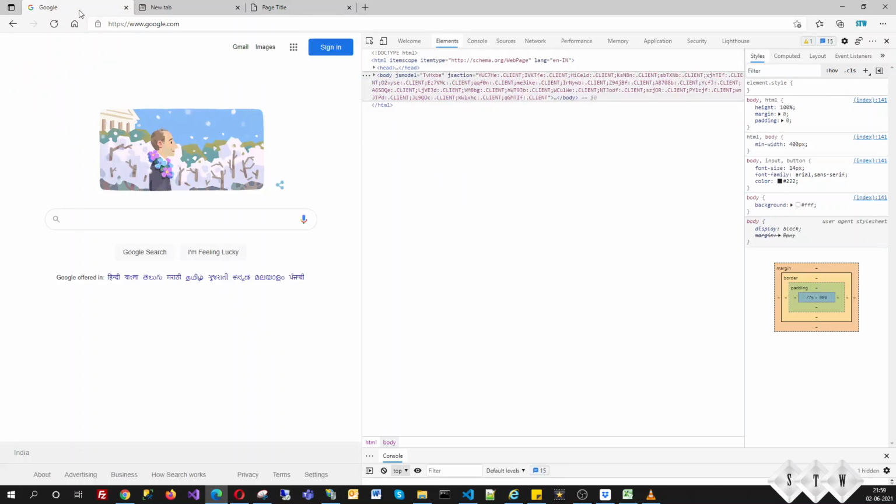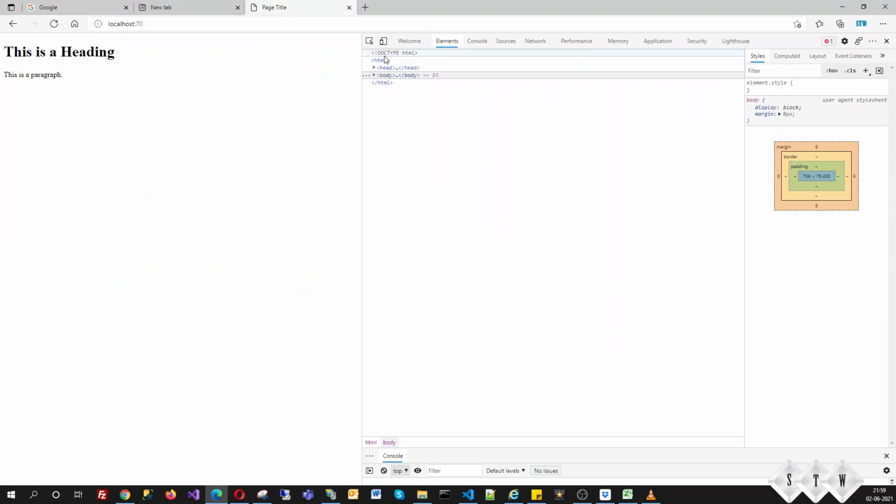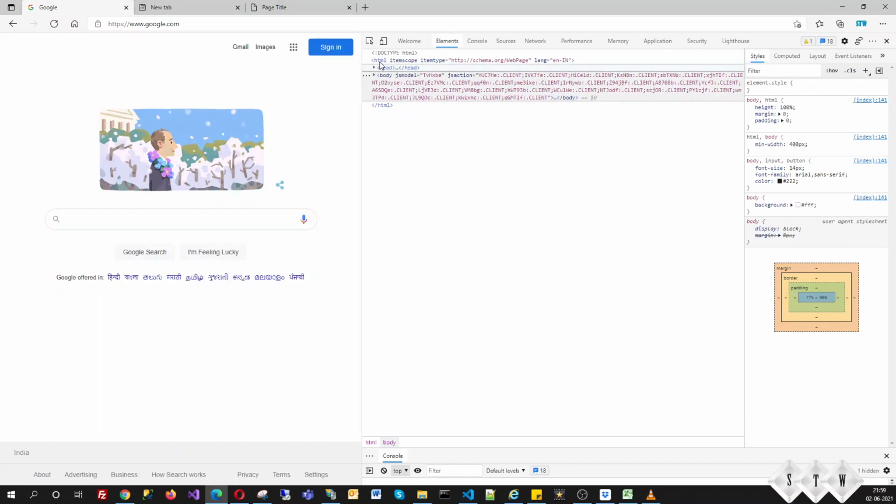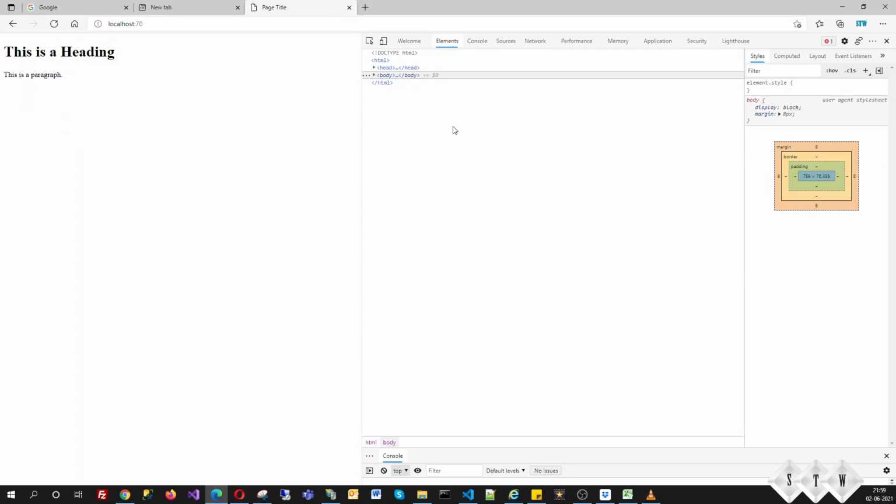Both pages are similar: we have doctype, then the HTML element, then head, then body. So this is what is required to create a web page. First you need to add the document type, then the HTML element, and inside the HTML element you can add head and body.